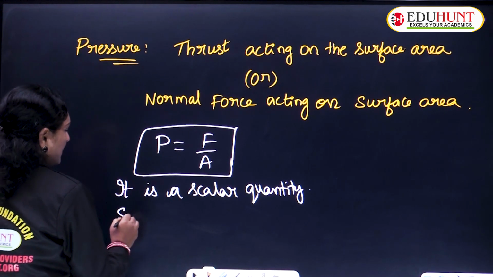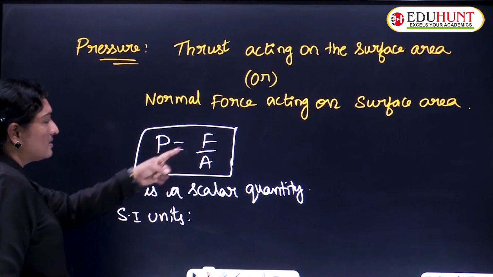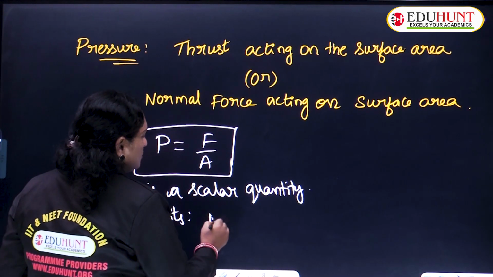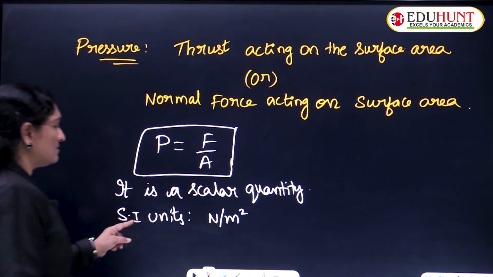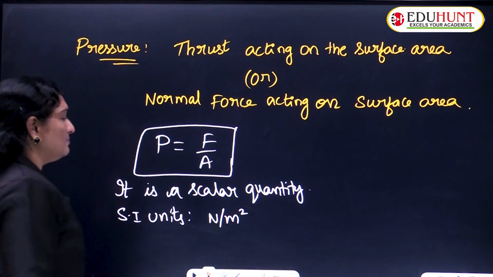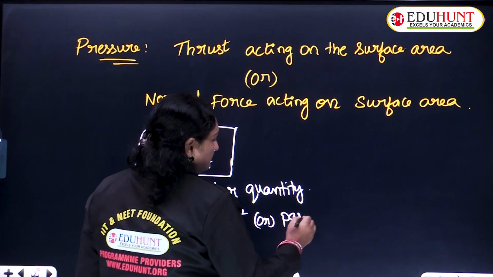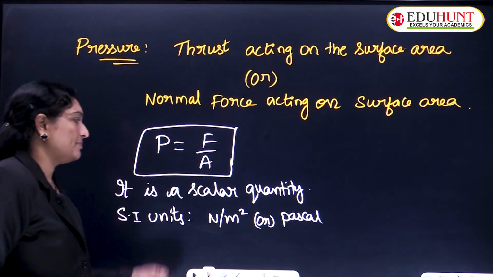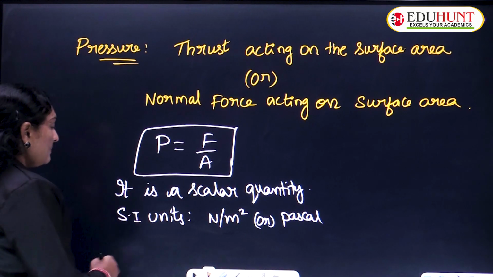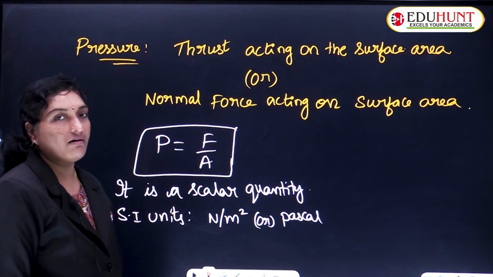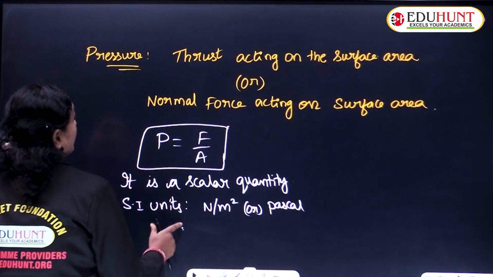And moving to the SI units. SI units of pressure: force is generally measured in Newton and area is measured in meter square. So the SI unit of pressure is Newton per meter square, or simply Pascal. Similarly, pressure also has other units. If you see,